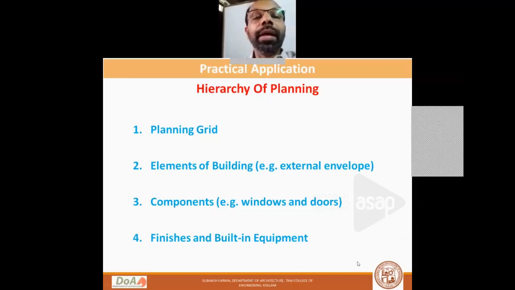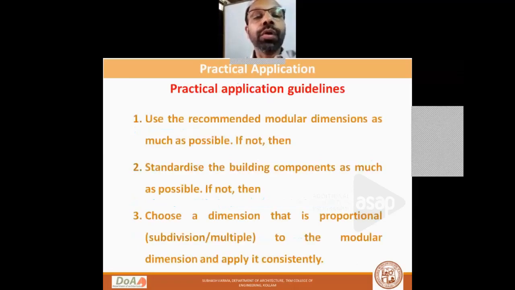Then you can enhance the grid to the components, for example, windows and doors can be designed according to the planning grid. Then finally, you can go for the last layer, the higher level of finishes and built-in equipments. So when you apply the planning grid to all four levels, the whole building will be built according to the modular coordination